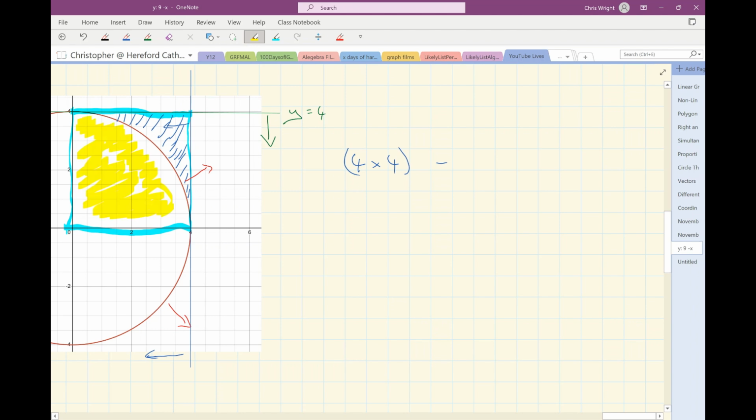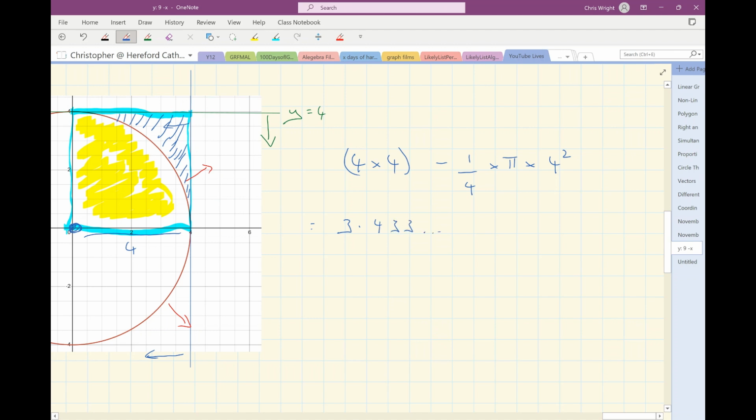That's a quarter of a circle, isn't it? So to find that area, we're going to do a quarter times pi times the radius of the circle squared. The radius of the circle is 4. So to find this shaded area, the area I've shaded in blue, I'm going to do 16 subtract a quarter times pi times 4 squared, which gives me an answer of